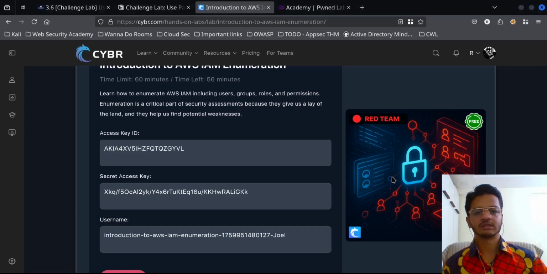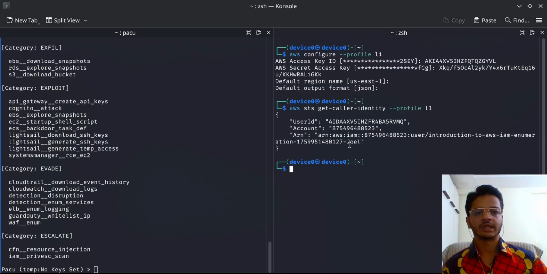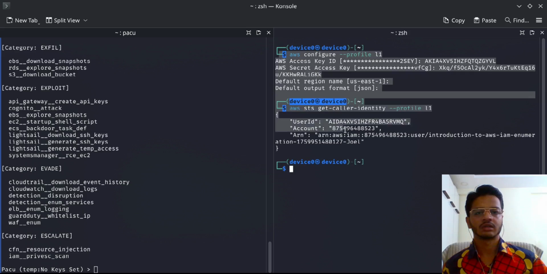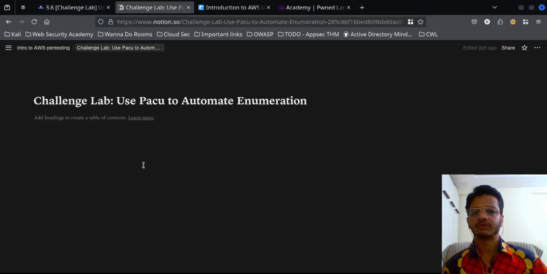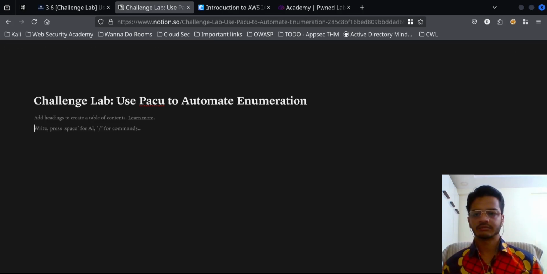So after that, what we would do, firstly, I would like to add this into our notes. So we created a profile, and we enumerated it. I would like to have notes. So this I set up, I use Notion, and you can do it too. So setting up profile,